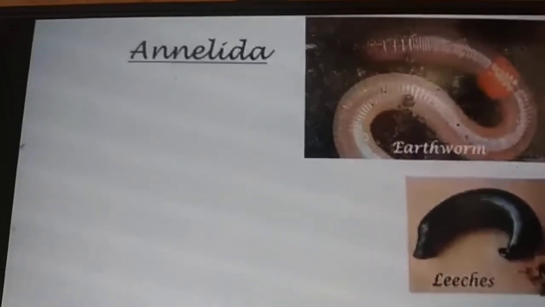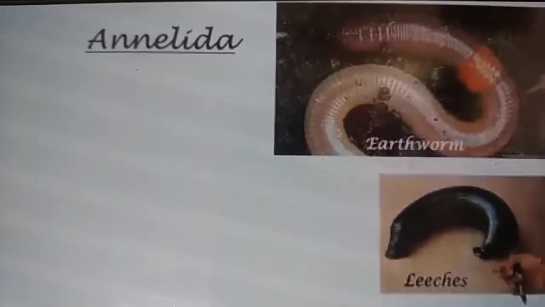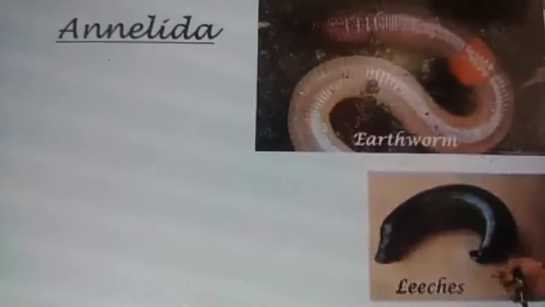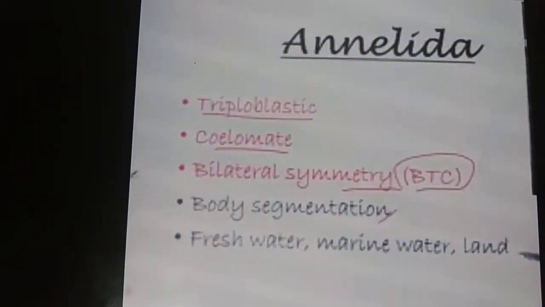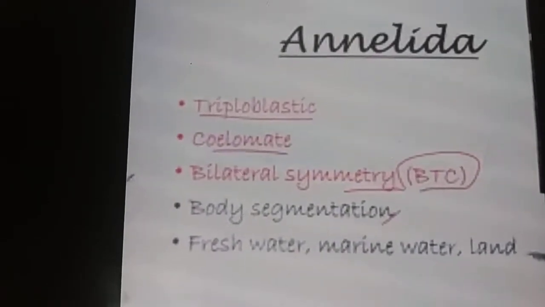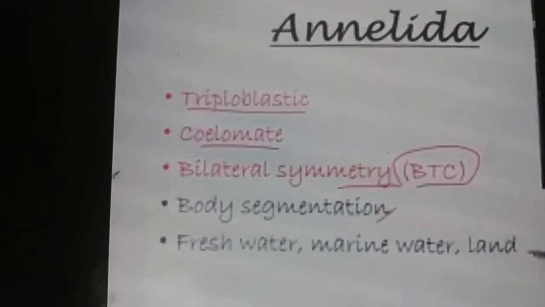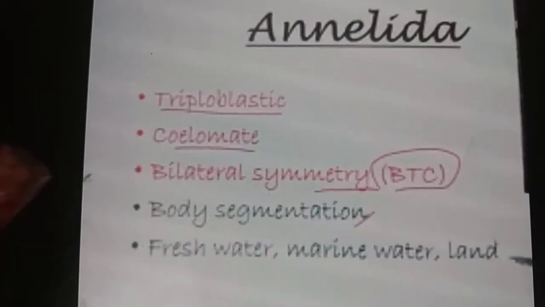The next phylum is Annelida. Annelida animals are also bilateral, symmetrical and triploblastic. The examples of Annelida are earthworm and then leeches, nereis. All these are examples of Annelida. Annelida is triploblastic, which has 3 layers, segmented. Then coelomate. In this we are getting the body cavity. Pure body cavity is present in this Annelida.